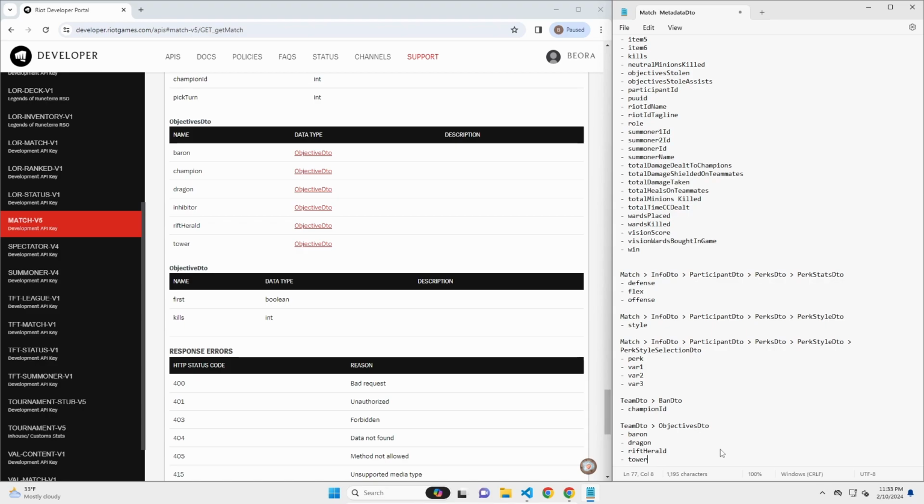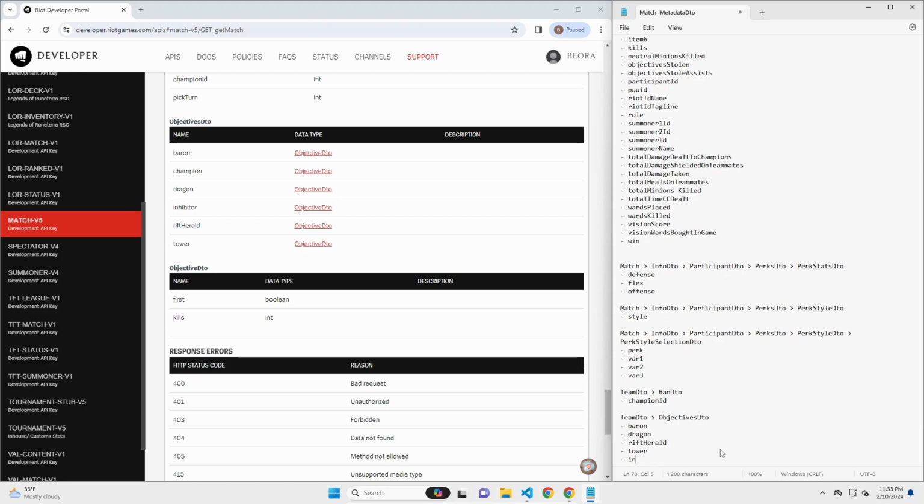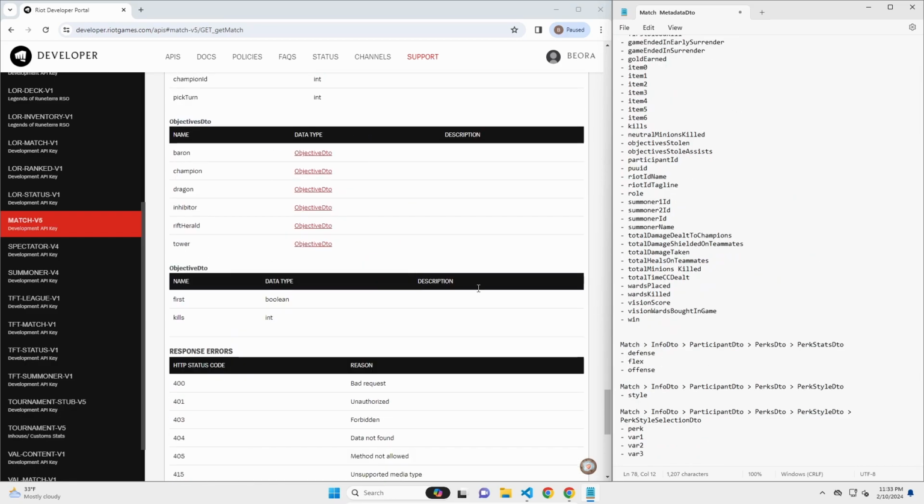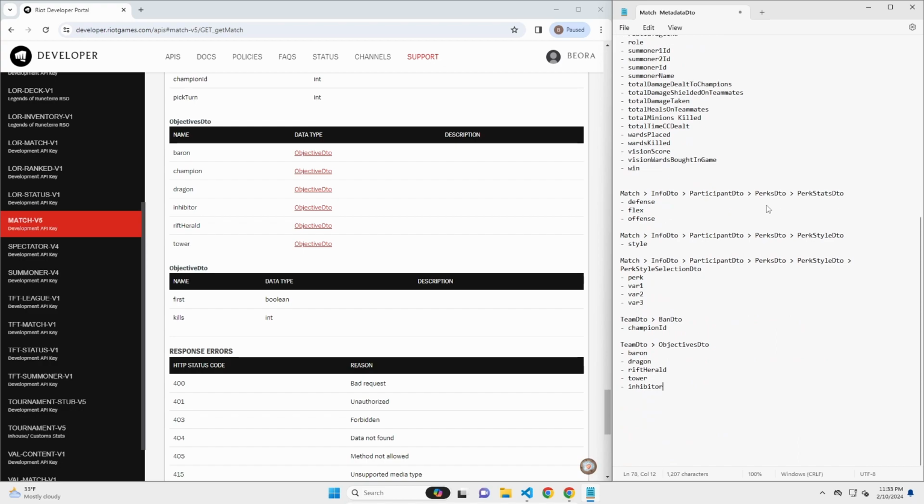So I want Tower also. I guess we can grab Inhibitor, but it doesn't really matter. Okay, that is pretty much everything. It's a ton of stuff. These games, they have a lot of data, right? But it's good to do this so I can just see what I'm looking at and what I want to